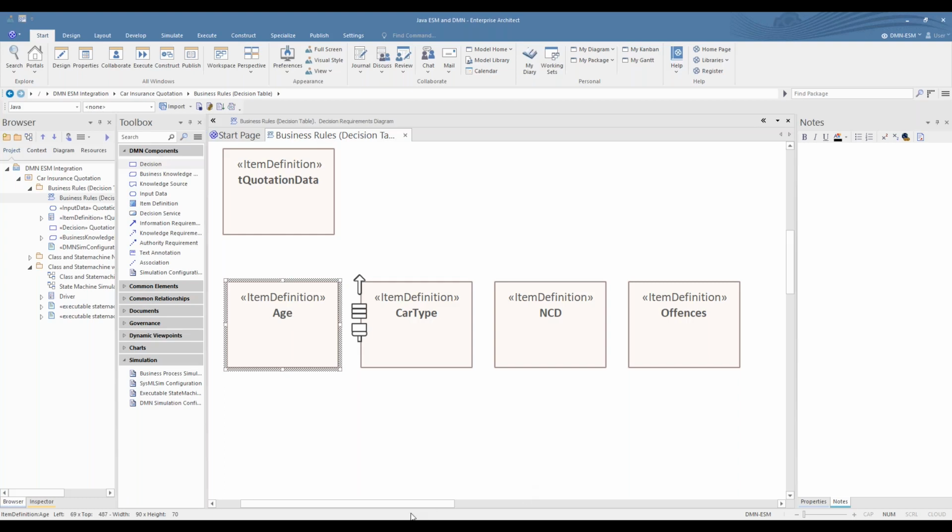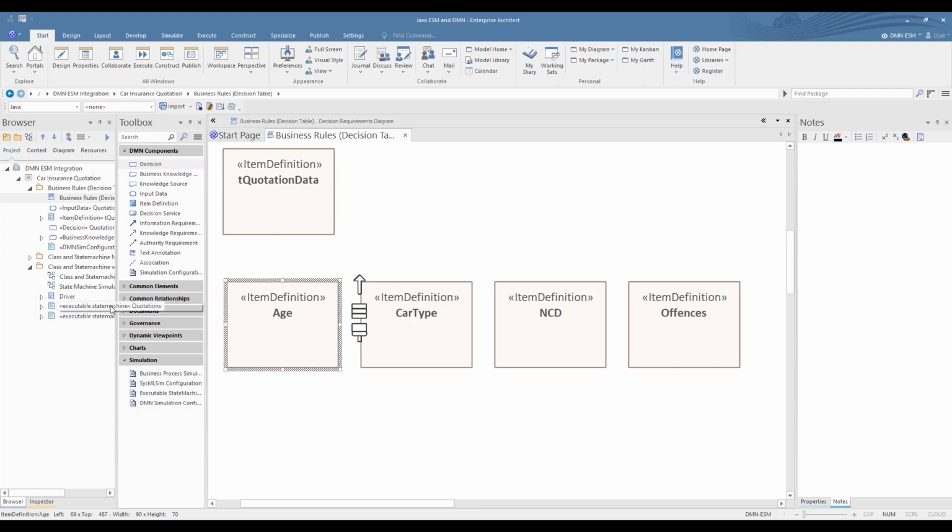Then there's this rather strange thing called an owner, which I've called T quotation data. It's just a habit I got into, prefixing this data set by T. This owns this and this and this and this. Now, you'll notice there's no relationship between them. There's no composition, nothing like that.